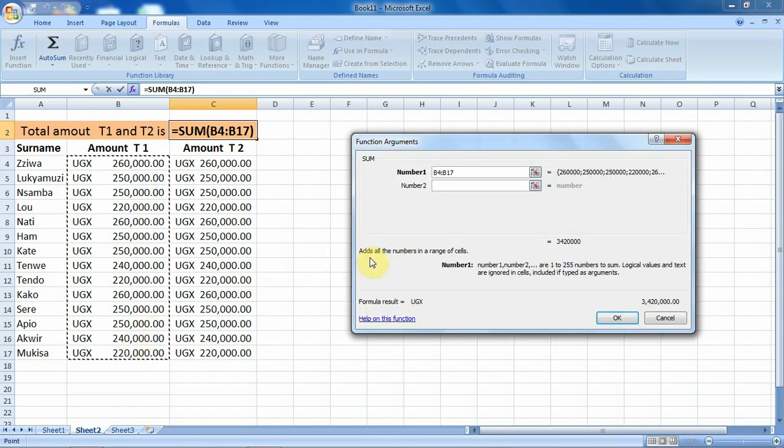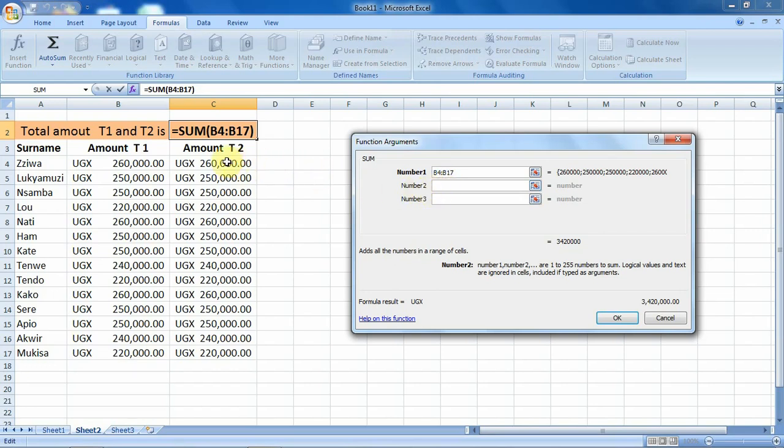When we release the mouse button, we have here the cell range displayed, and also the sum of the values displayed for us here. And also, if we look down here, we can see that from this range we already have the calculations made by this function argument assistant. So next is to bring these cells also in the number 2 field. To do that, we have to click to select this field.